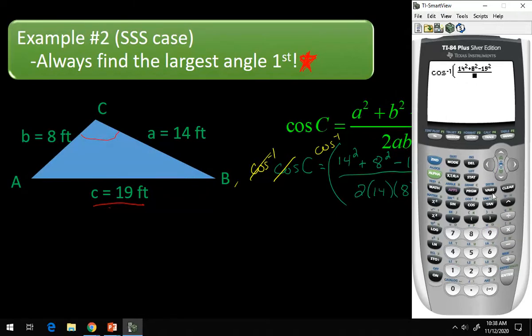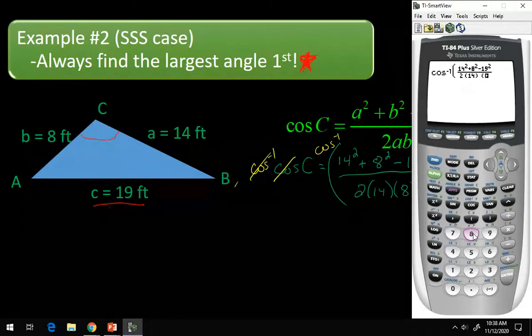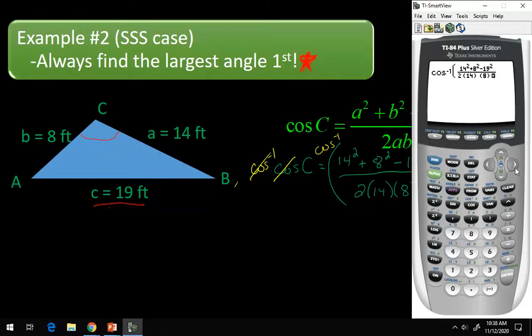And then on the bottom, I'll have 2 times 14 times 8. And then I'll close all this off. And this will get me my angle for C, which is 116.8. So I wind up with